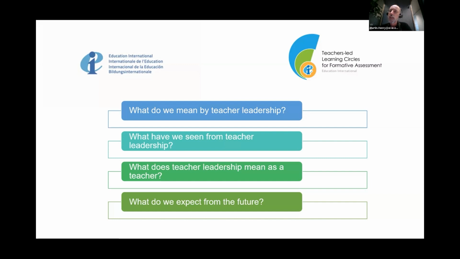What pedagogical techniques can I apply? And how might I lead others in that learning? And what do we expect from the future in this work? Well, we expect to be able to involve many systems and many teachers in working in this way, where they